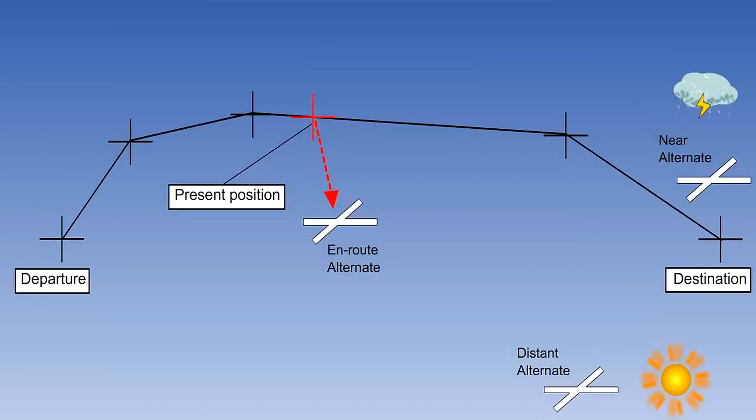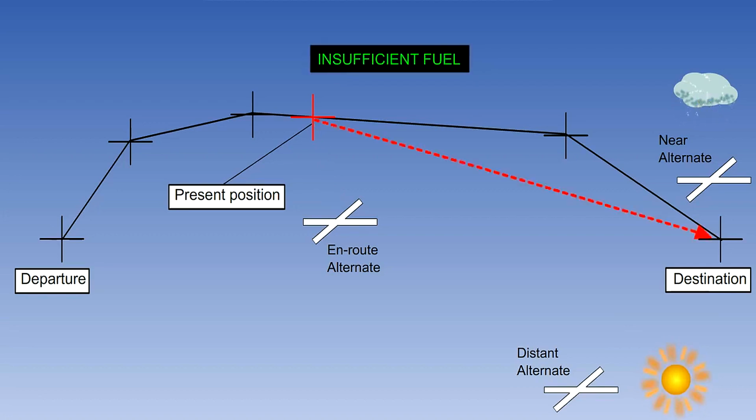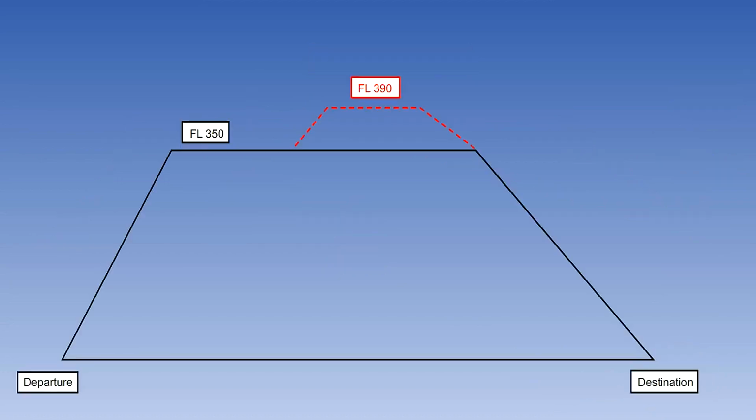Your first reaction might be to make an immediate en route diversion in order to stay within your fuel reserve minima. However, there may be other courses of action, and the FMS can help us perform these calculations and see whether the figures make these options viable. Firstly, you could ask air traffic control for a more direct routing. They might not be able to give it, but it's worth a try. If they say yes, the FMS can work out the new fuel used and revised fuel on arrival. This may solve your problem.